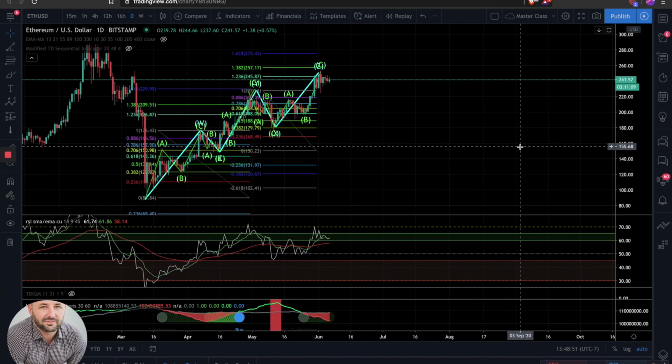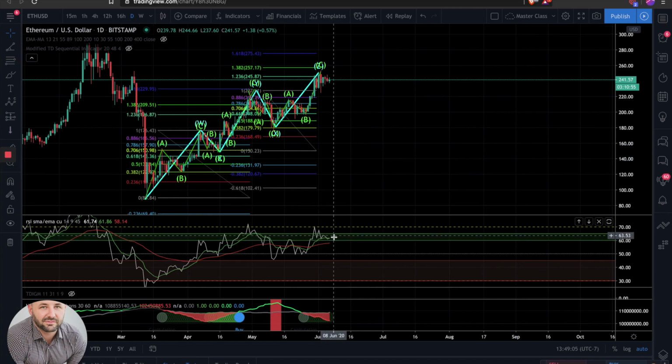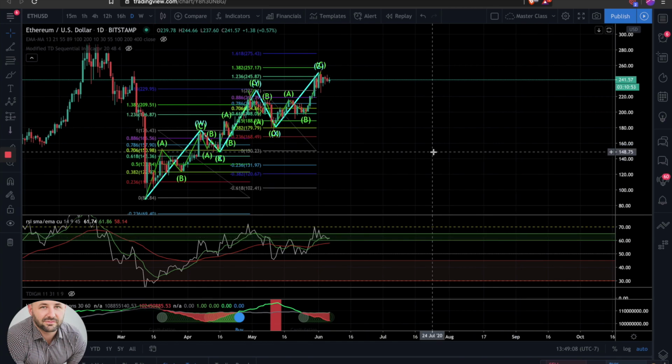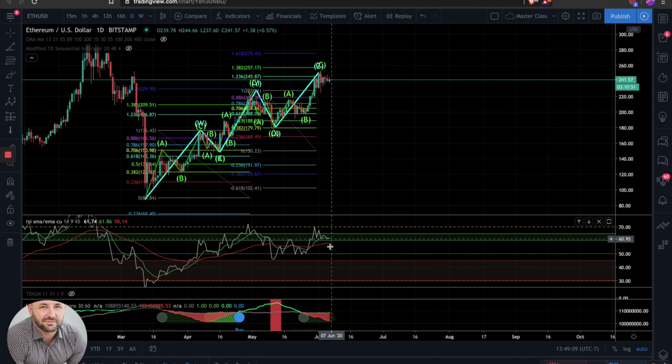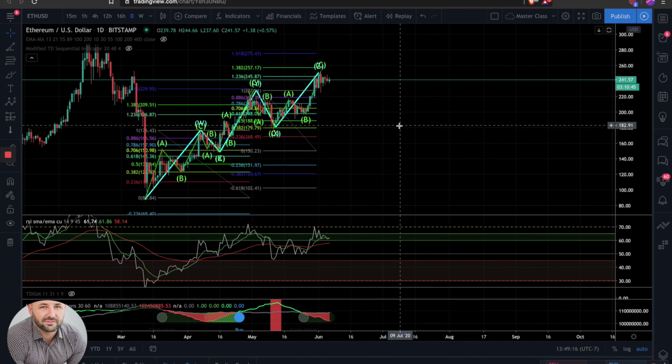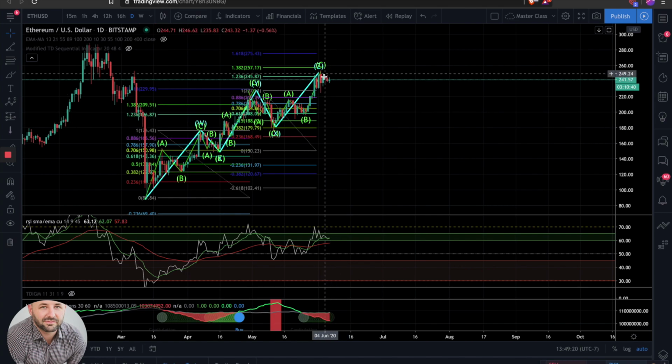So for the daily, we are still in the bullish control zone. And we did dip underneath the fast EMA, but still finding support on the bottom. If we lose the support of the bullish control zone, then obviously that would give me a little bit more confirmation. But I think just where we are currently,